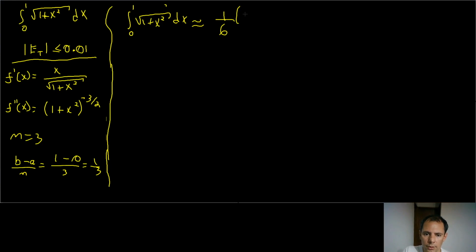Okay, so you want the square root of 1 plus 0 squared, right? Plus 2, because remember, in the trapezoid rule, the first coefficient is 1, all the others are 2 except the last one, which is also 1. So 2 times the square root of 1 plus 1/3 squared, which is going to be 1/9, plus 2 times the square root of 1 plus 2/3 squared, which is going to be 4/9, plus